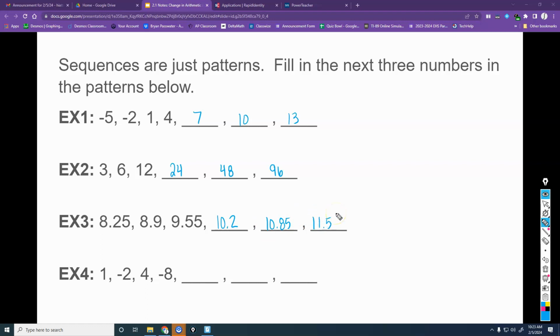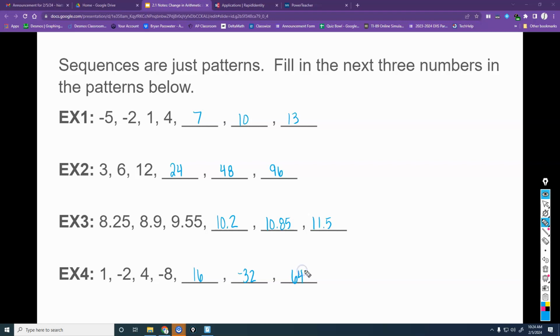Okay, great. Okay. Last one's just a little bit trickier. What's happening on the last one there, Granger? Very good. What are the next numbers? 16,